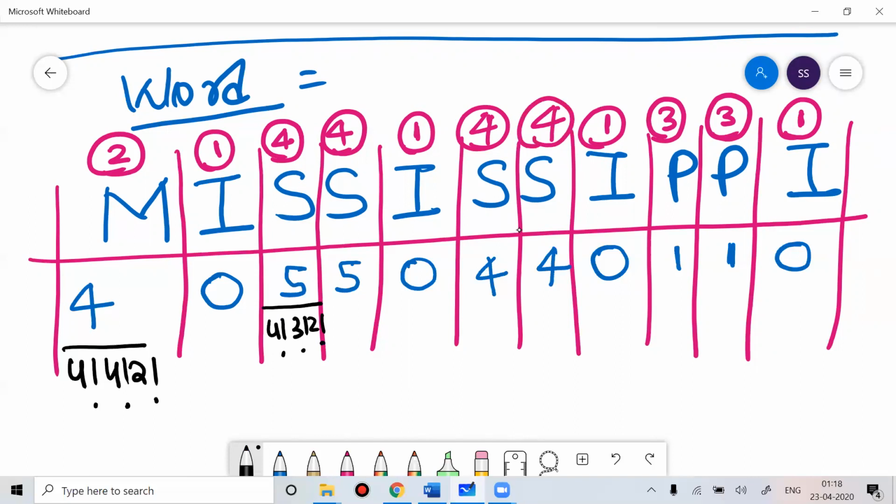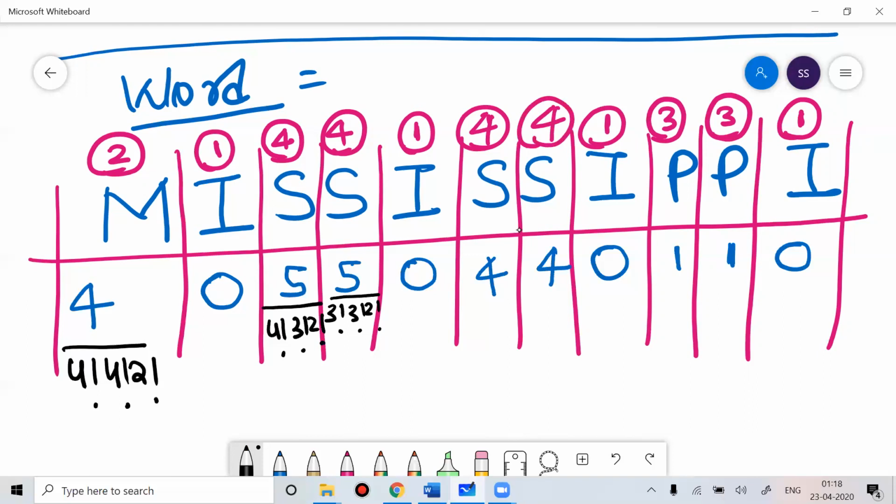Is this clear? Okay, now including this S, how many repetitions are there? S 1, 2, 3. 3 times S. Now I, how many times I? 1, 2, 3. 3 times I, 3 factorial. Then P came 2 times, 2 factorial. I'm writing very small, guys, so hope you can easily understand. Then this is 0, ignore it.